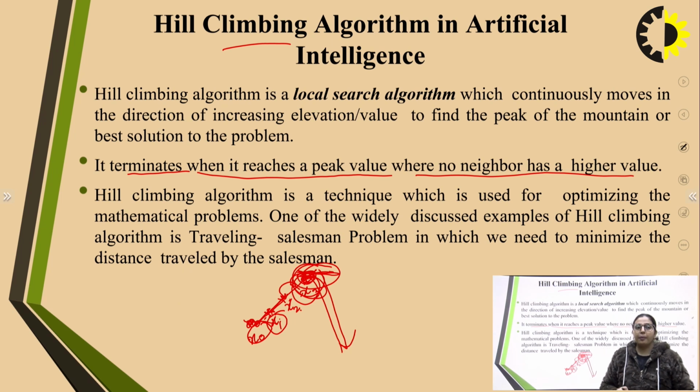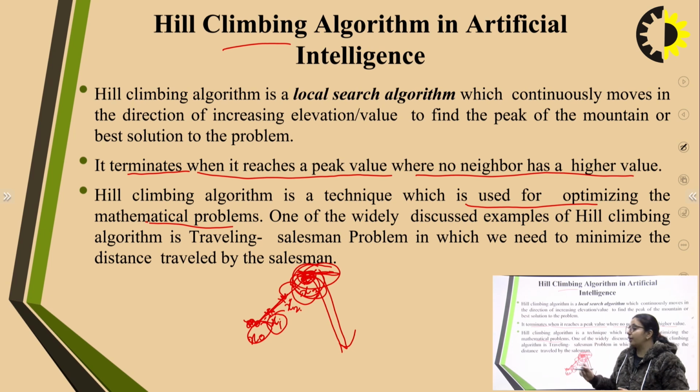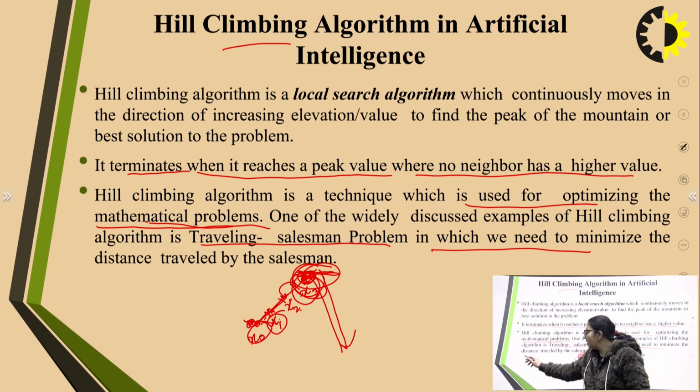So, basically, the hill climbing algorithm is a technique used for optimizing mathematical problems. The practical application of the hill climbing algorithm is in mathematical problems. One of the widely discussed examples of the hill climbing algorithm is the traveling salesman problem, the most discussed problem that can be solved using hill climbing. What we do in hill climbing is minimize the distance traveled by